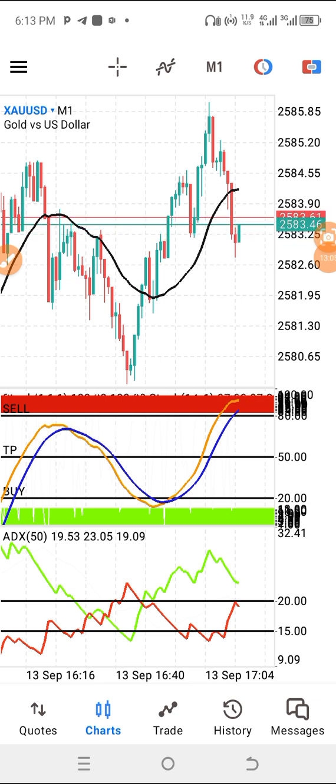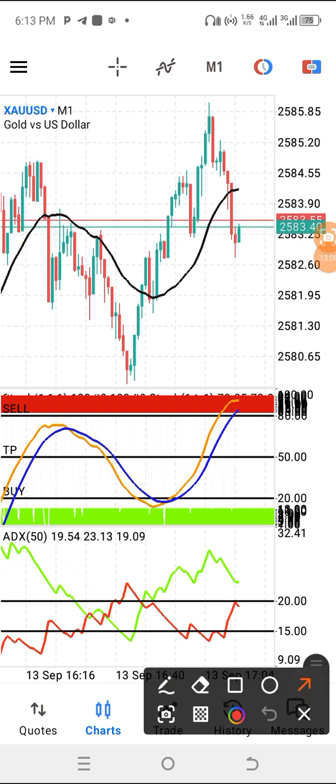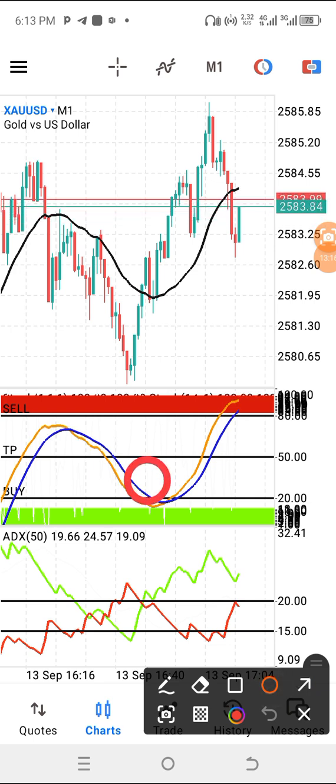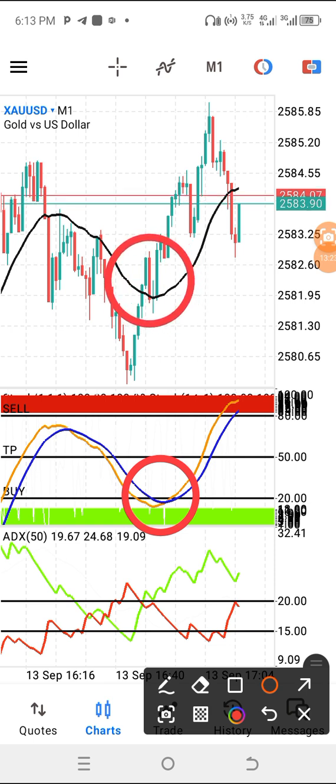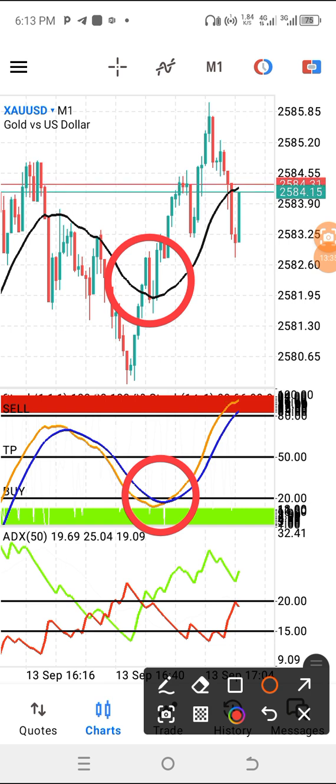Now, for you to take a buy or to scalp for buy, this is what you need to see. You need to see your moving average crossing your ADX at this region, just like what we have here. This is the first condition. Sorry, the first condition should be price closing above your Bollinger Band in your main charts. Immediately price close here. The second condition is you want to see this scenario playing in your window 1.